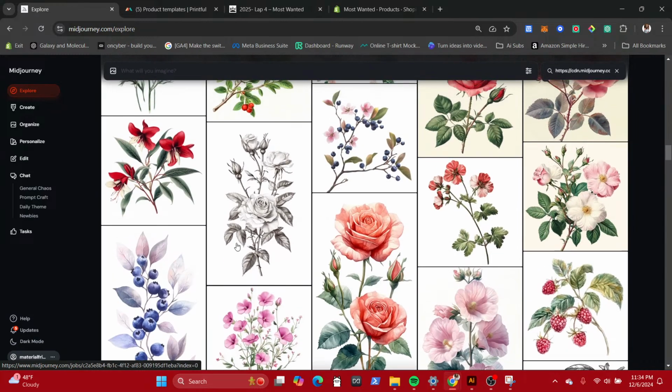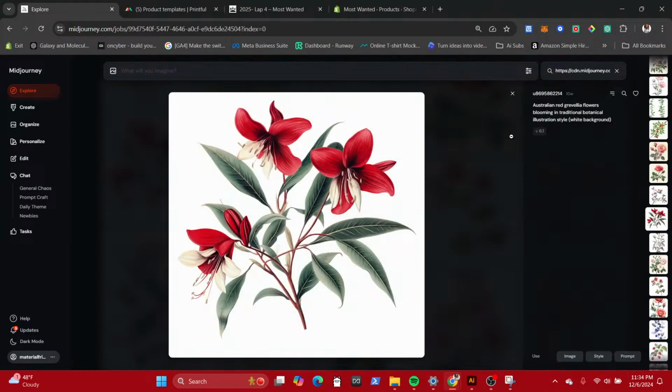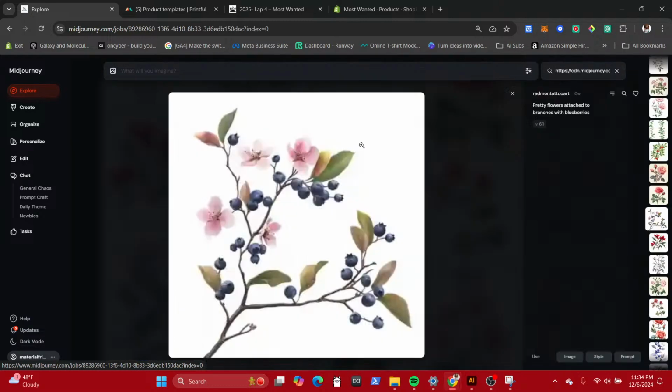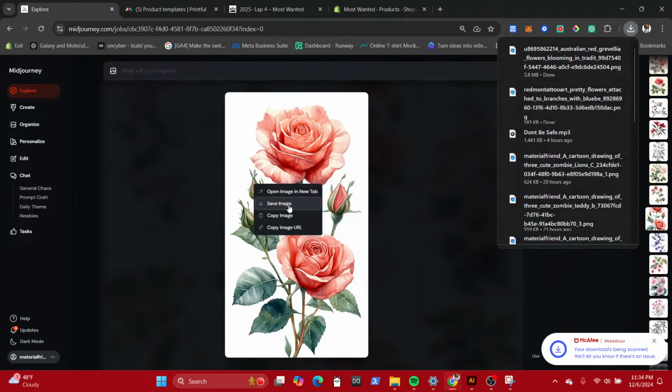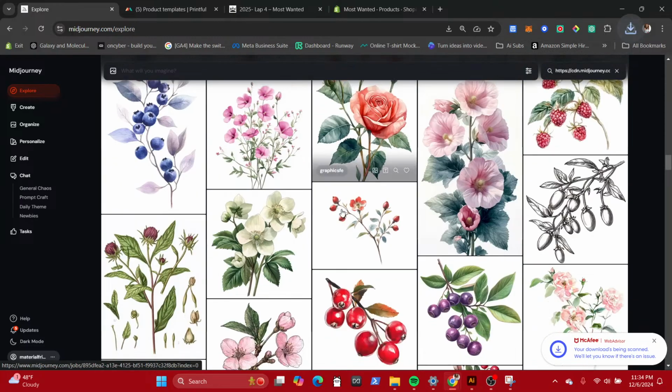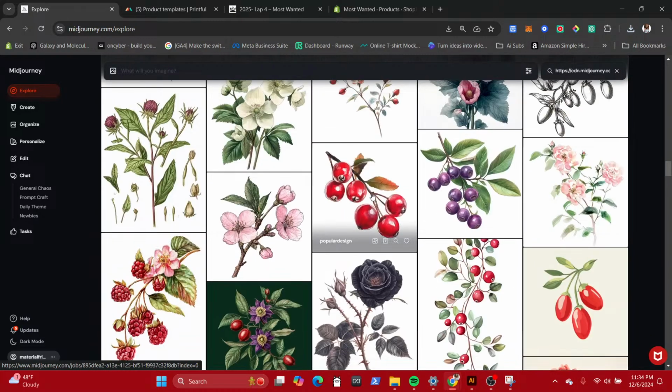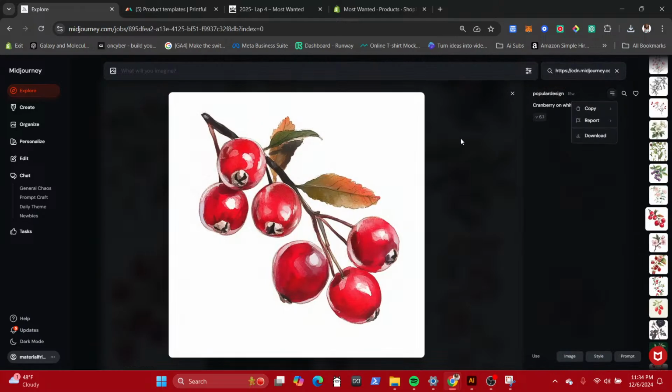You can just pop into here and these are not necessarily being used. So let's copy this. Let's save that. We're gonna save this blueberry one. The bigger roses. Grapes.